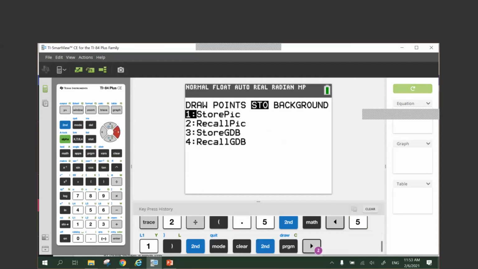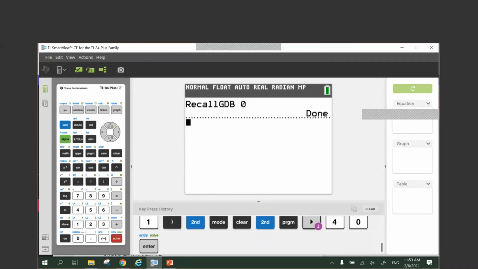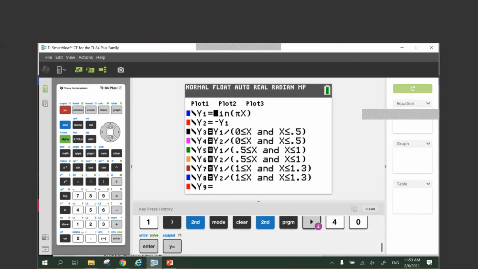recall my GDB, which stands for graph database. I store it under 0. So press enter. Okay, so I go back to Y equation editor. You see that those things that actually I prepared earlier on and I store under my graph database can be recalled back. Okay, please note it not only recalls back all the equations, it also recalls back all my window setting. Okay, please take note